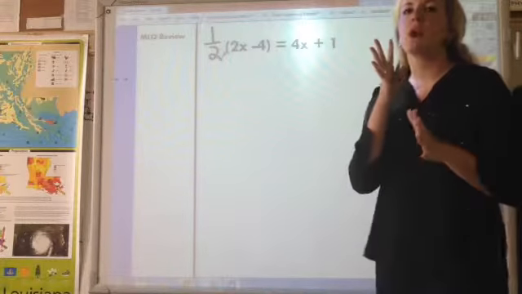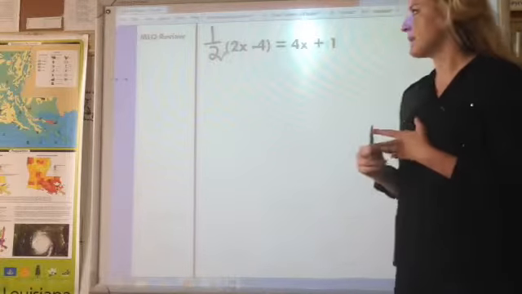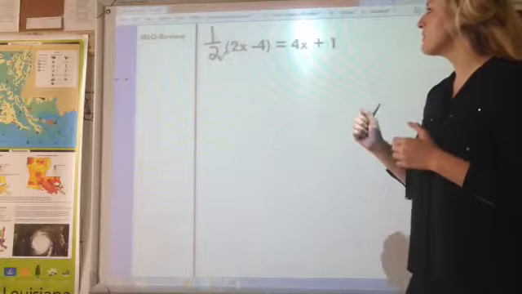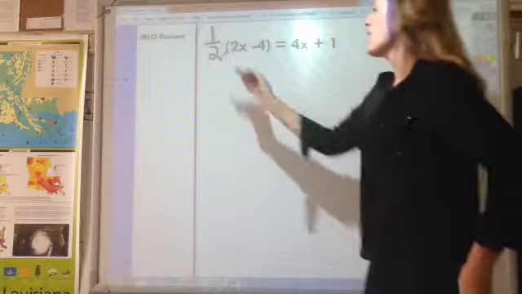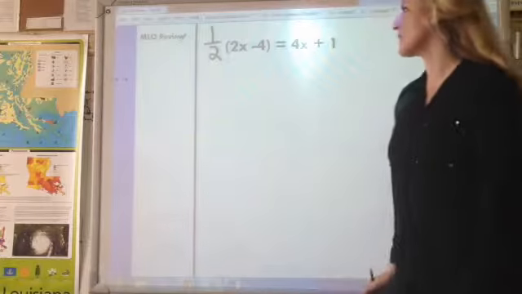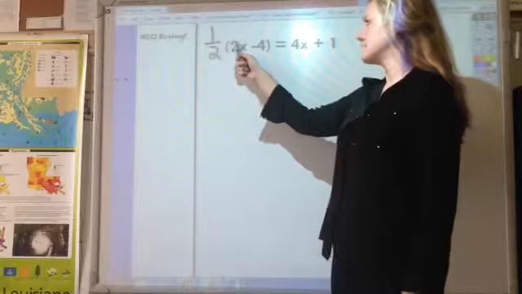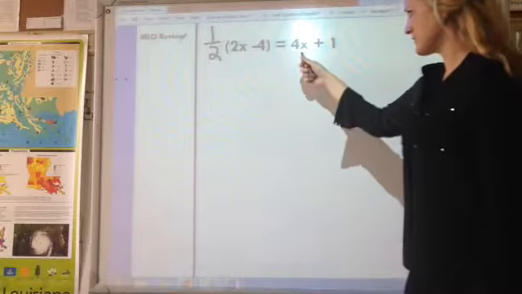We're just going to review a bunch of different skills, and we'll do a mixed review, guided practice, and independent practice. All right, so our first thing that we're going to review is solving equations. So go ahead and draw your line on your notes page. Go ahead and write MLQ review in the top left-hand corner. And then go ahead and copy down our first example, which is 1/2 parentheses 2x minus 4 equals 4x plus